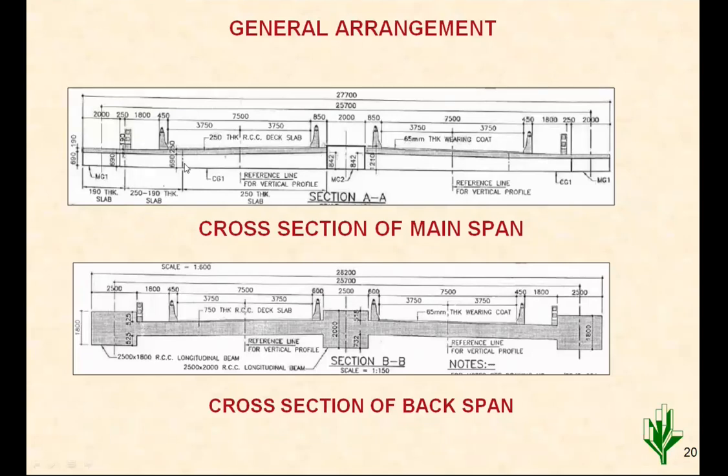So this is how the deck is constructed, and these are the cross girders provided at regular intervals, which are made monolithic with the concrete using shear connectors. The mid beam is connected to this deck with side shear connectors. There is no topping on the concrete. So analysis of this type of section is particularly very tedious.